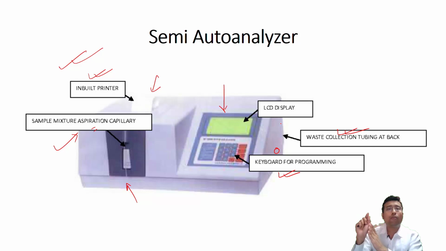First of all, whenever you switch on a semi-auto analyzer, just like any spectrophotometer, ideally you should give it some time for the halogen lamp to warm up for the UV range analysis. So you must know where the main switch lies, where the main power button lies. It's often ignored, but there you might suffer.